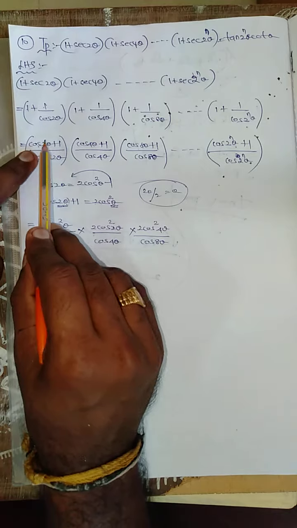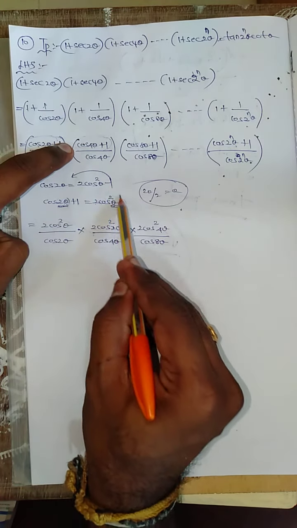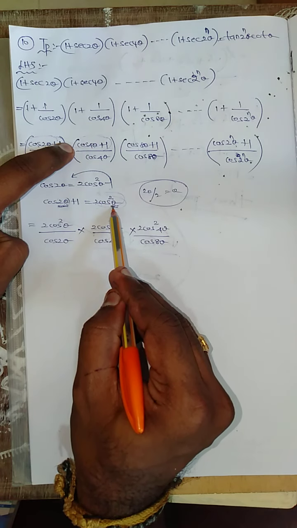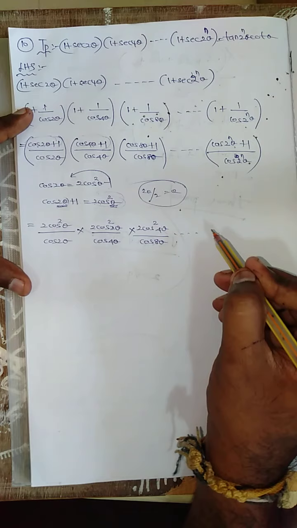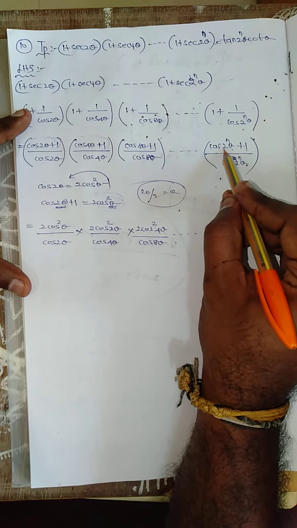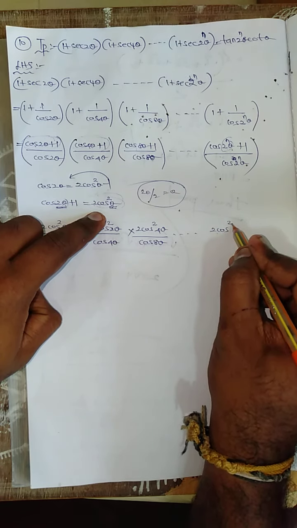Listen carefully: cos 2 theta plus 1, I have applied this formula. For this one also I apply this formula only. Half of 4 theta is nothing but 2 theta, so half of 8 theta is nothing but 4 theta, and it goes on. The same I need to apply here. For half of this one, first write 2 cos square.